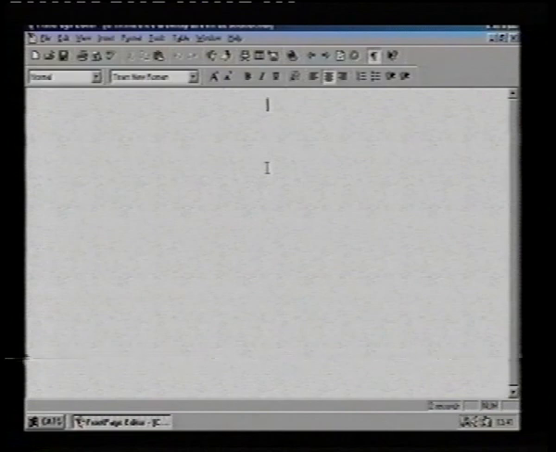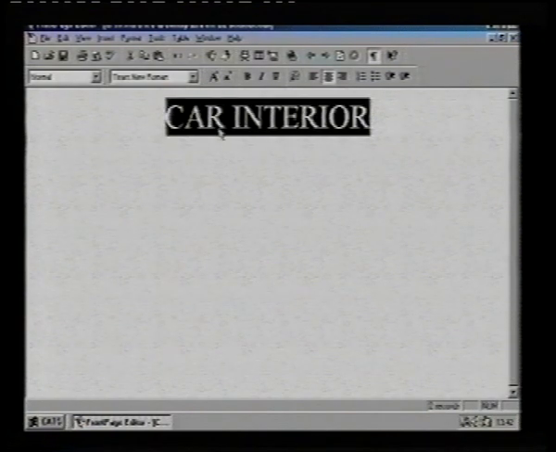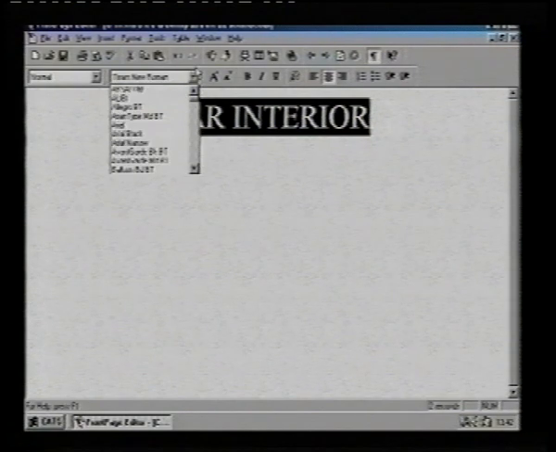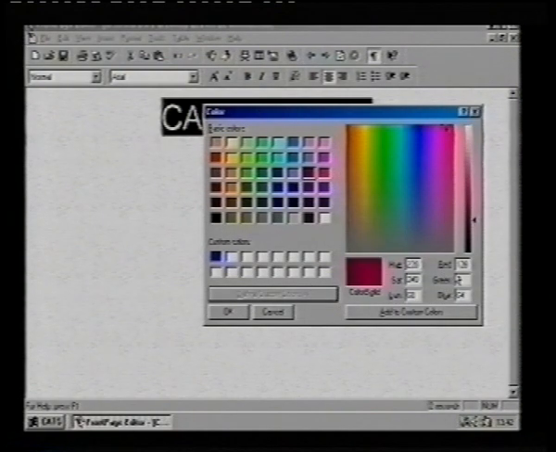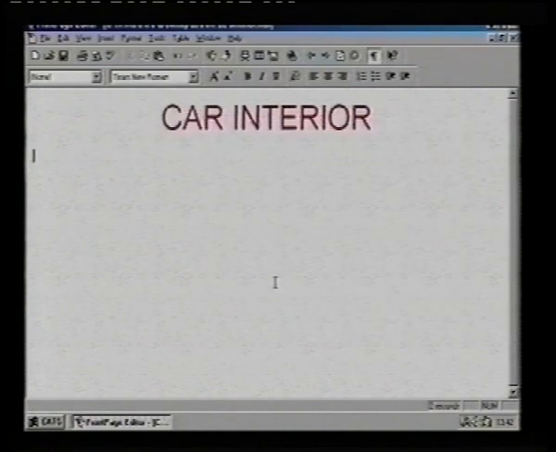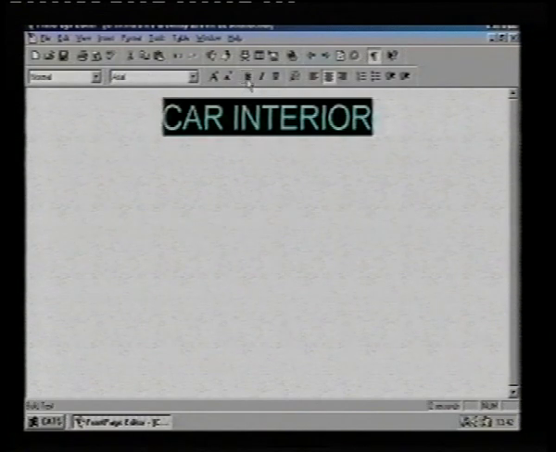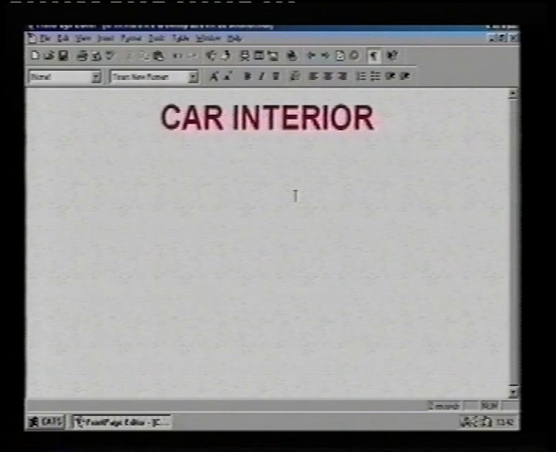So now we put something onto the screen of this page, and we'll call it Car Interior. Again, that's very small, so we highlight it. Let's make it bigger. That's the largest you can make it. We'll change the font to Arial. We'll change the colour to that maroony colour. We'll make it 153 parts red to 51 parts blue. So that is completely correct as it would be seen on the internet by anybody who's going to look. We'll make it bold so it really stands out. Okay,